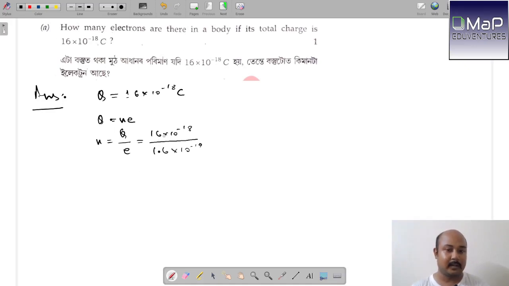Okay, so if I divide 16 into 10 to the power minus 18 by 1.6 into 10 to the power minus 19,